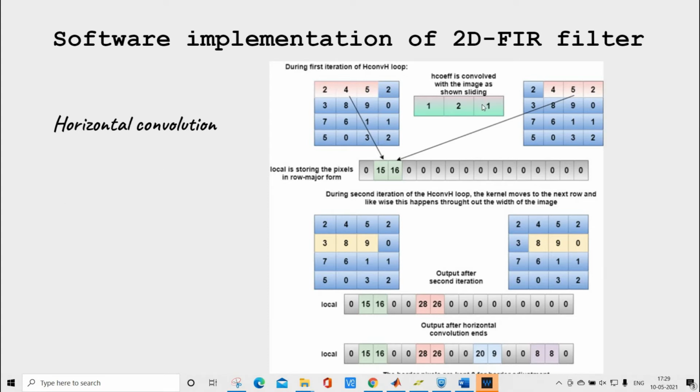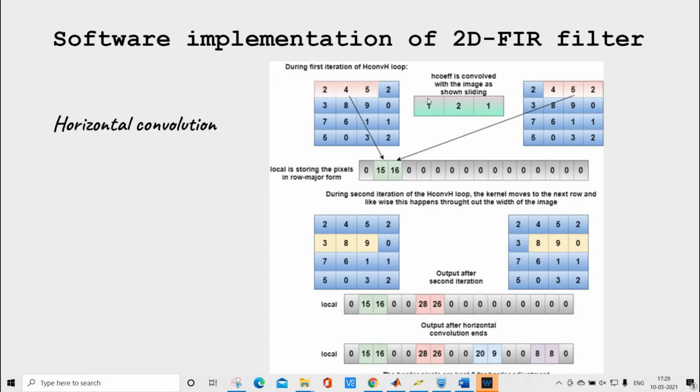Now as we can see, we have HQuef, which is my horizontal filter. I have taken a 4x4 image, and these HQuef coefficients will slide over my image row wise.